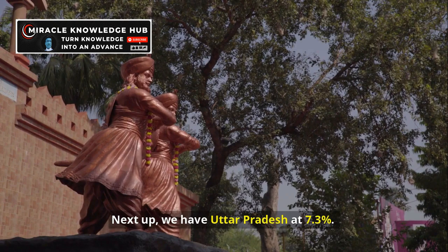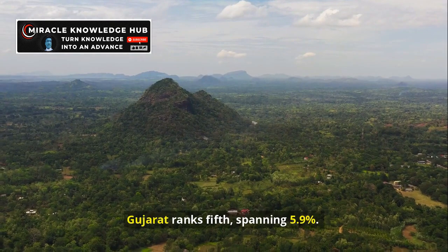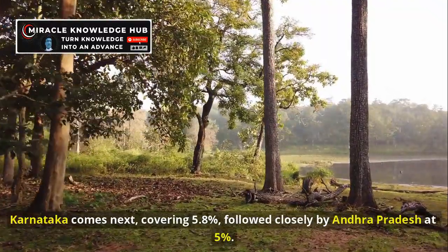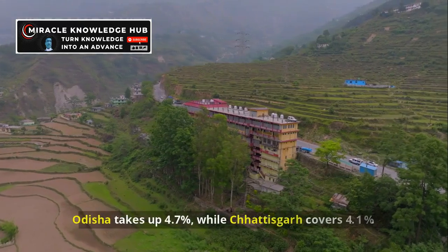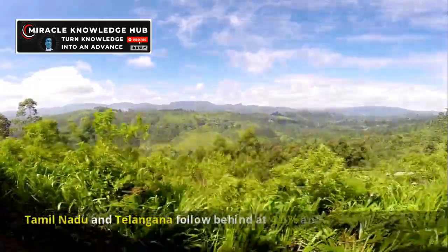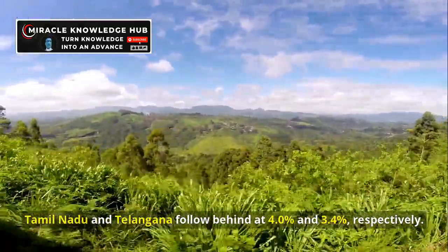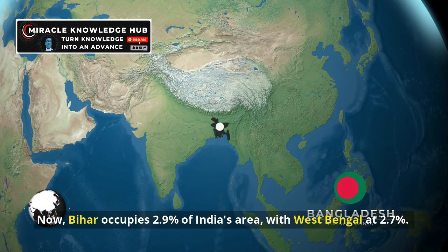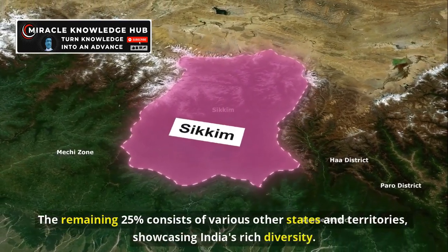Next up, we have Uttar Pradesh at 7.3%. Gujarat ranks 5th, spanning 5.9%. Karnataka comes next, covering 5.8%, followed closely by Andhra Pradesh at 5%. Let's keep going. Odisha takes up 4.7%, while Chhattisgarh covers 4.1%. Tamil Nadu and Telangana follow behind at 4.0% and 3.4%, respectively. Now, Bihar occupies 2.9% of India's area, with West Bengal at 2.7%. The remaining 25% consists of various other states and territories,